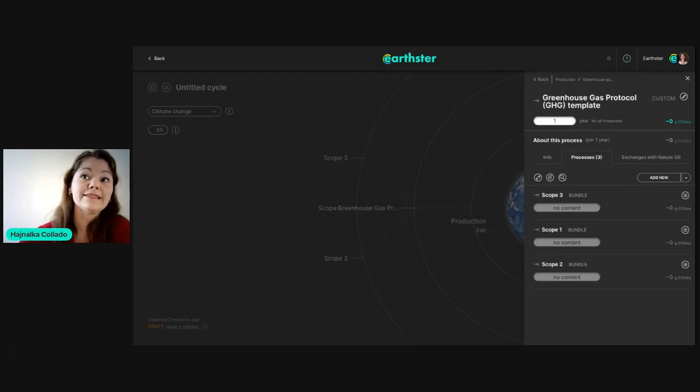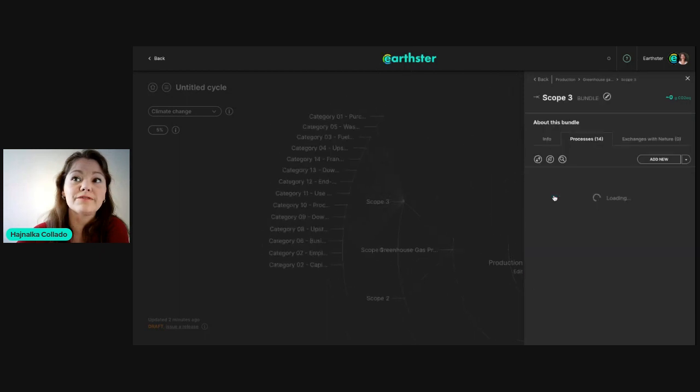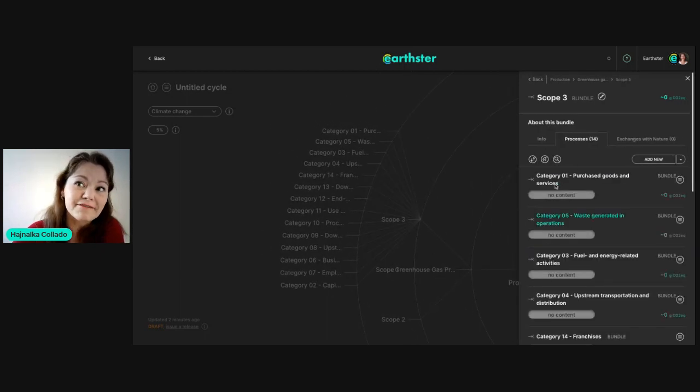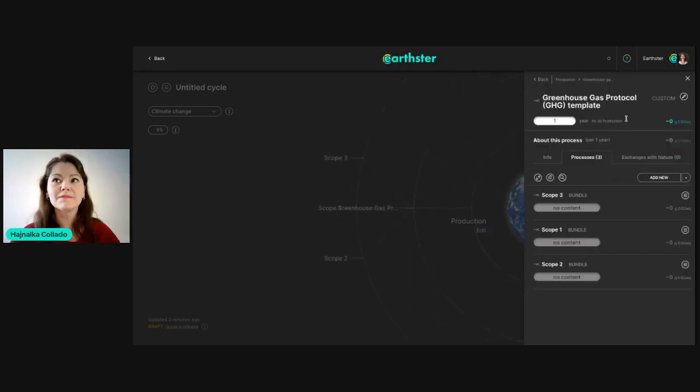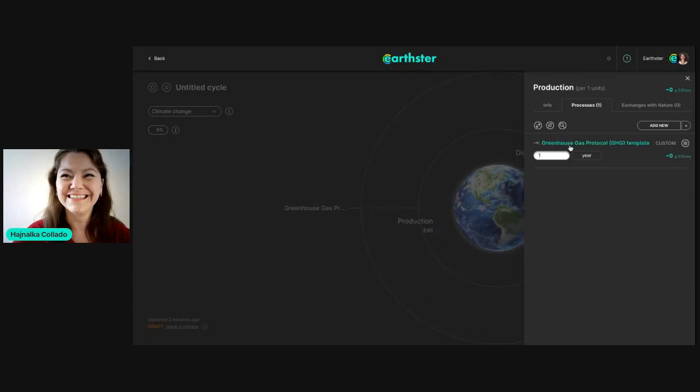Now, it loaded all the ones that were in there. So for example, now if I click scope 3, I can see everything here and start filling it out. And this is how it looks. But now the funny thing is that my production starts from here. So look, exactly. Instead of saying scope 1, 2, 3, what I can do now, another trick is you can